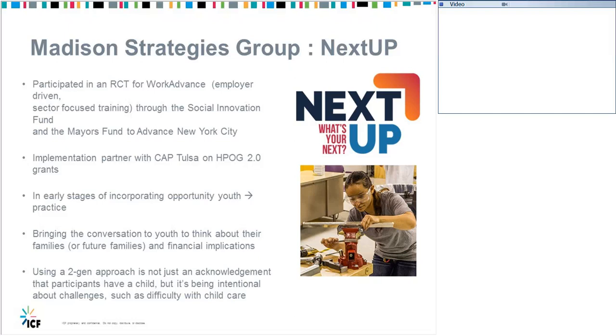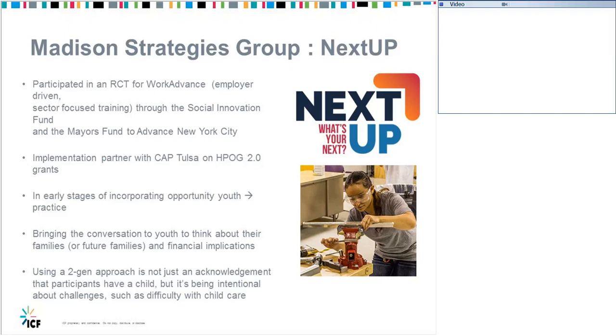So they recognized that their office wasn't child-friendly if someone needed to come in for a meeting. So they have a child room with a glass door if somebody has to bring their child when they have to come in. They are being very intentional about the challenges related to having children and trying to participate in programs. The other thing that they're doing that I thought was really interesting is they have open house events where folks can come and bring their kids, their families, or a support person.